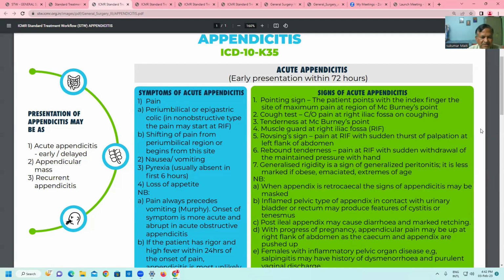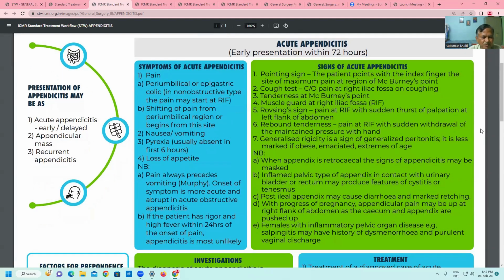First, we must say that appendicitis presents mainly in 3 different ways. One is acute appendicitis, another is appendicular mass, which may be a lump without any abscess, another may be an abscess, and the third presentation is recurrent appendicitis. The presentation of acute appendicitis, particularly in the early stage, is so simple that clinical diagnosis by physical examination is almost never an error,